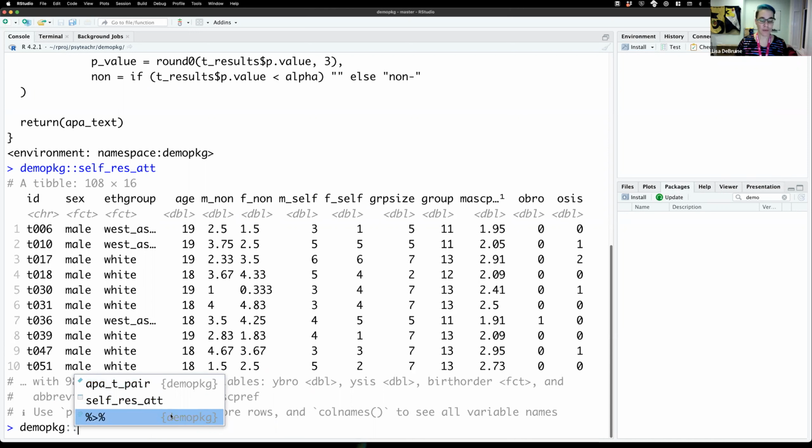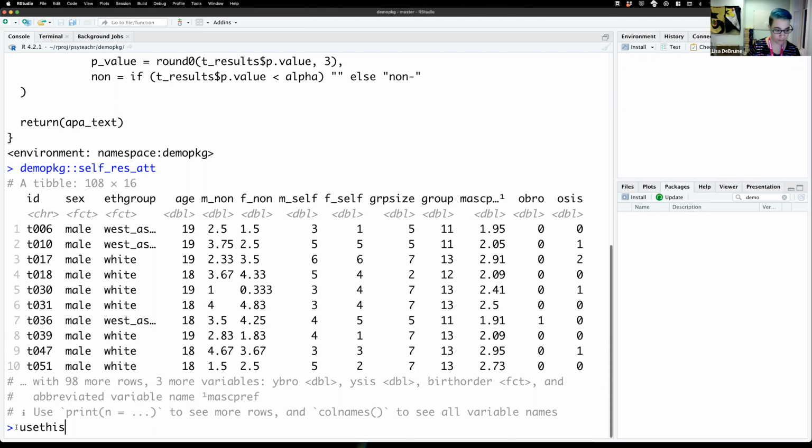And the magrittr pipe used to be a really useful thing to do because there was no base R pipe. So if you wanted to be able to use the pipe in your examples and just have a package that was meant to be used with the pipe, you could import the pipe from magrittr and export it for the users of your package to use, so they wouldn't have to put library magrittr or dplyr whenever they were wanting to use your package with the pipe, that your package would carry the pipe with it. And if you want to do that in your package, the thing you do is to use this function,